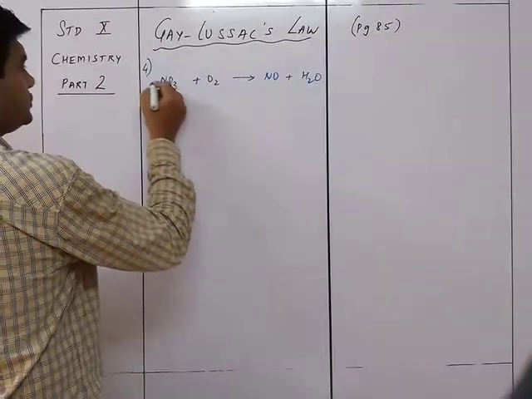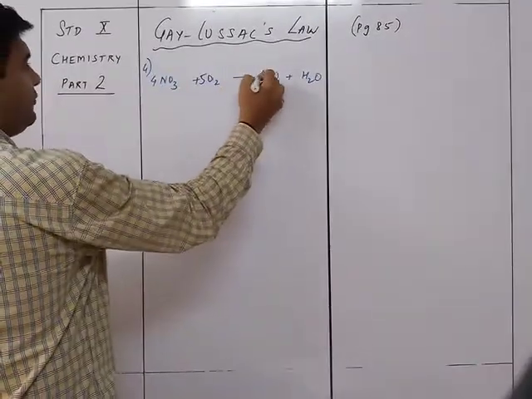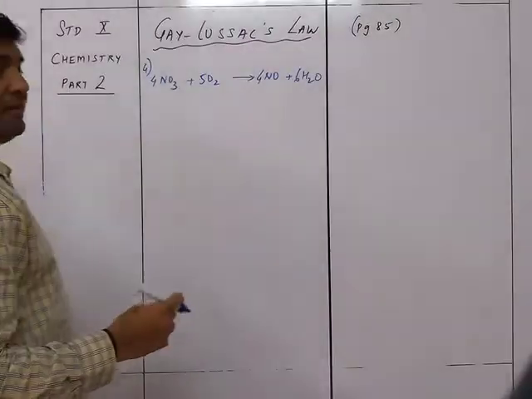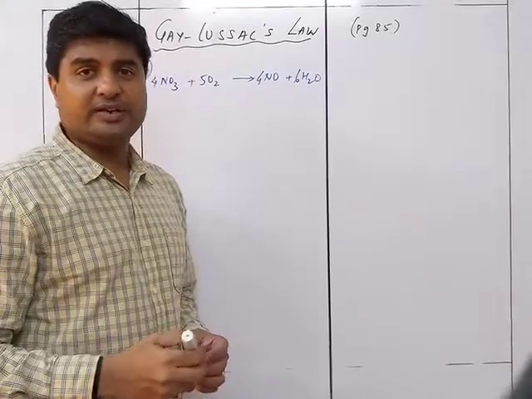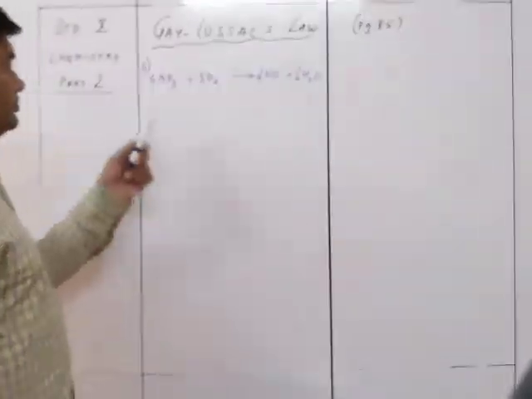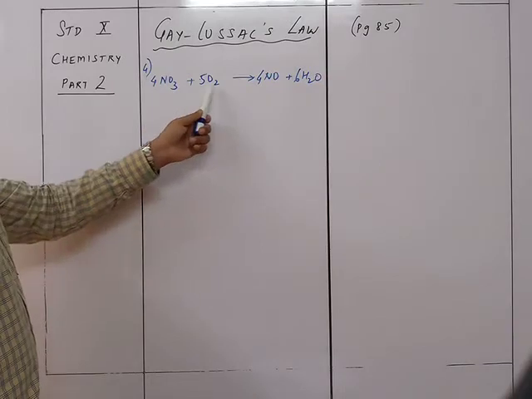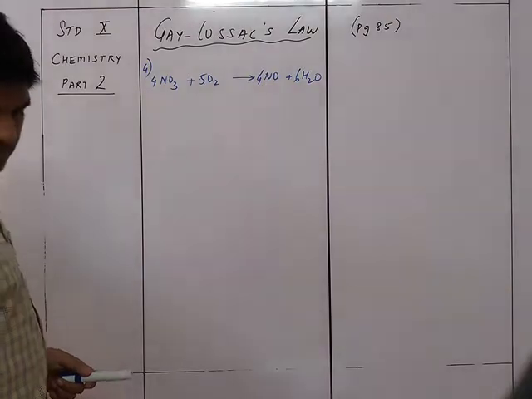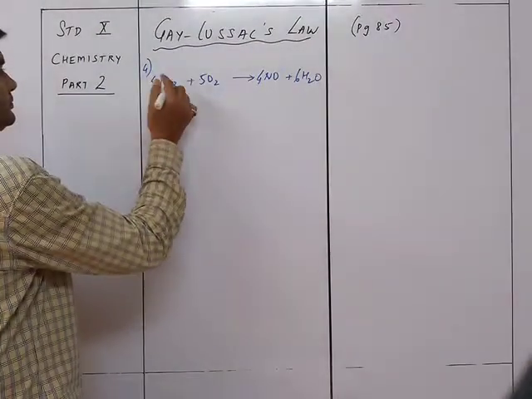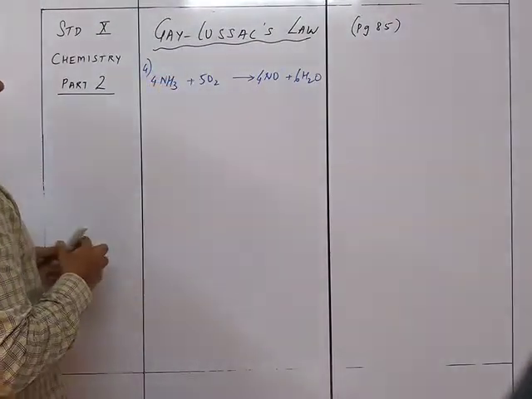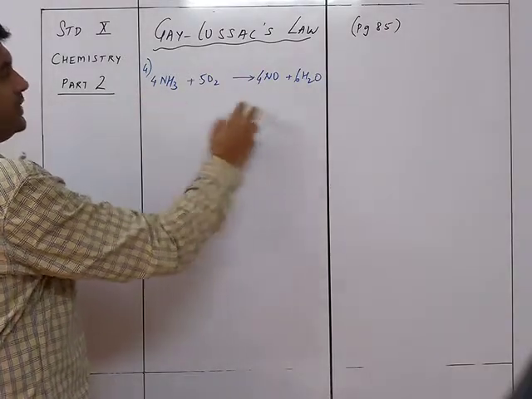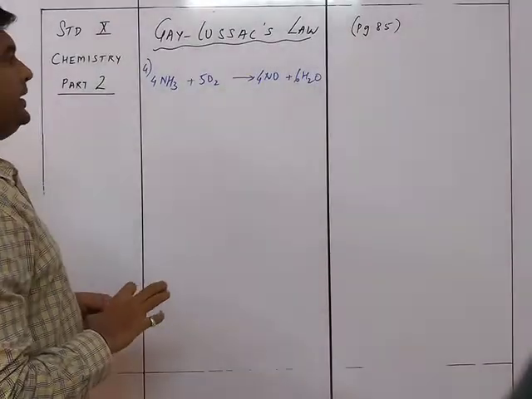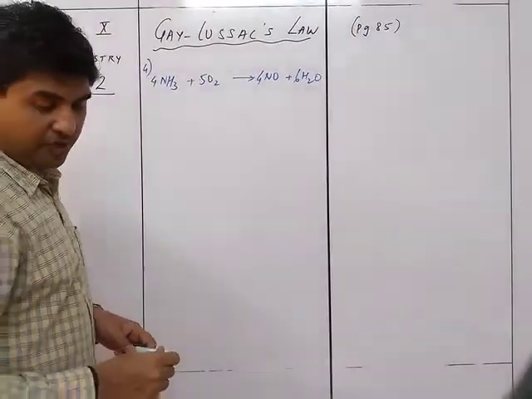So balancing it, it will be 4, 5, 4, 6. This I know because you are going to have this reaction in the ammonia chapter. So 4N, 12 plus 10, 22. One minute, there's some problem. NH3, sorry. Okay, 4 and then there's 12, so this is 12 and this is 10. So 4 plus 16, yeah. So this is the catalytic oxidation of ammonia.